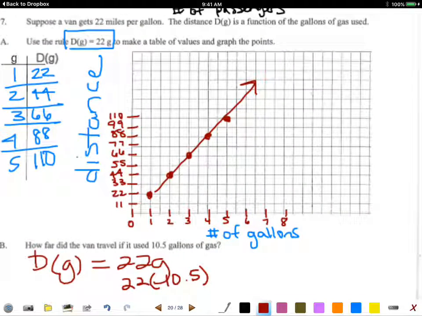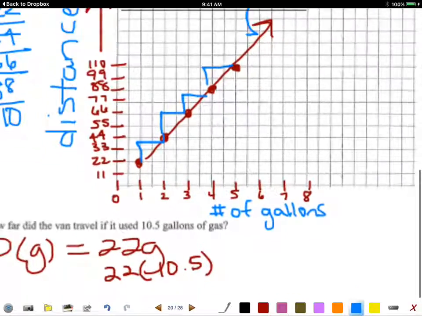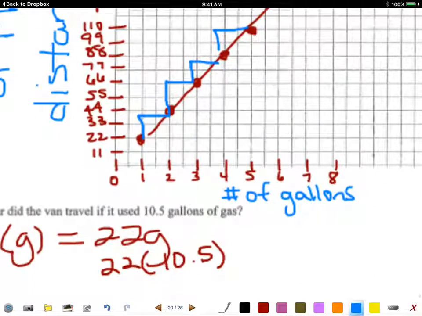Or could you look at that graph and continue labeling going up, and then notice the slope here? It's going up to, right to, up to, right. Notice that? And could you keep that pattern all the way up until you see the intersection for about 10.5 gallons? Sure, you could do that, right? Okay? So that's kind of the purpose of that. But if you will figure out 22 times 10.5,